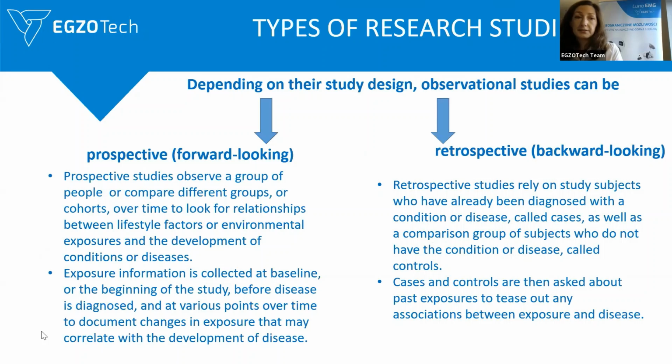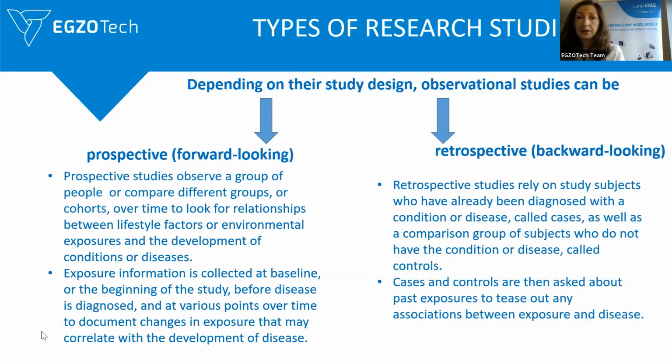They observe a group or compare different groups over time to look for any relationships between lifestyle factors or environmental exposures and the development of a condition or disease. The data are collected at the baseline, at the beginning of the study or before the disease is being diagnosed, and any changes are documented